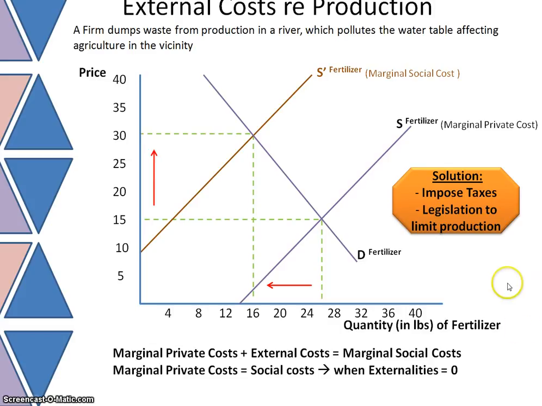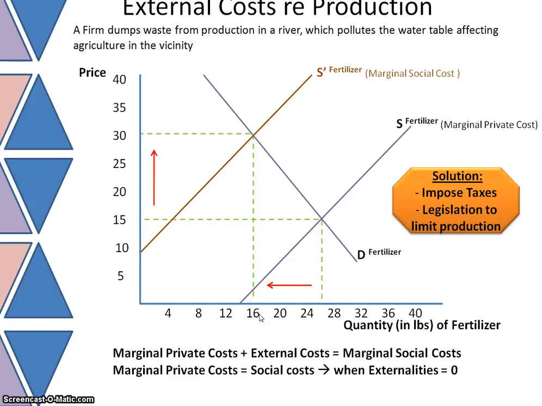Secondly, legislation can be introduced to limit the production of a particular commodity that has a negative externality upon society. In this way, if a tax is imposed, supply would fall, it would shift to the left, moving from the marginal private cost curve to the marginal social cost curve. Directly limiting production will also result in the supply curve being further to the left, with a lower quantity being supplied to the market.